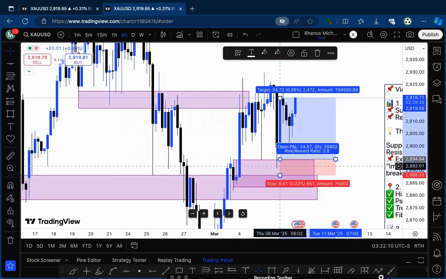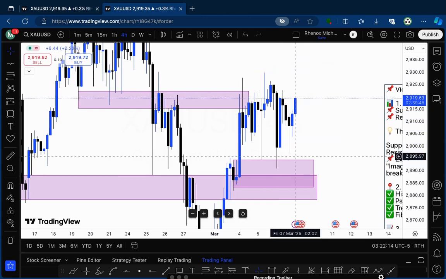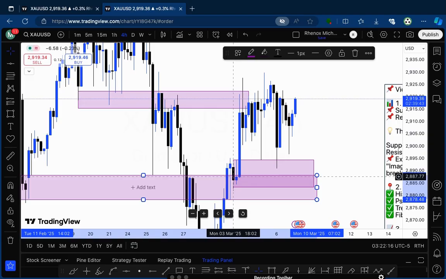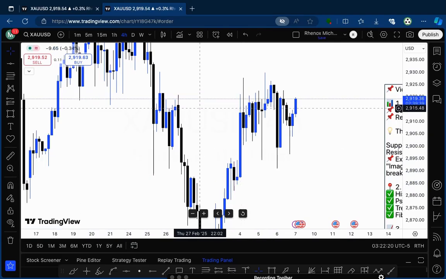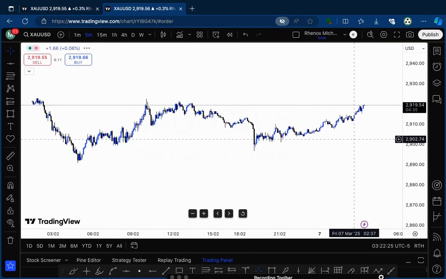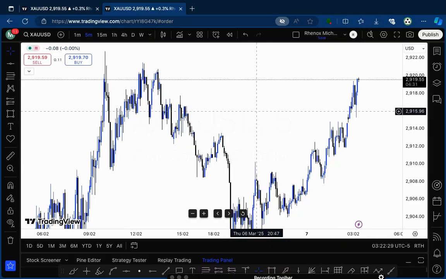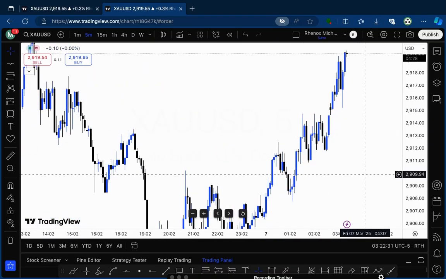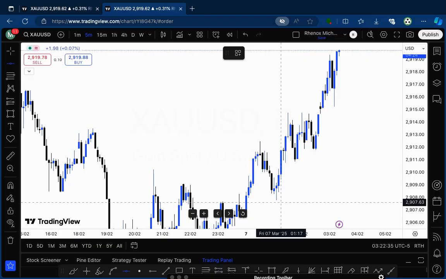So let me move to a lower time frame so you can understand better, because this is a higher time frame. It takes long for price to react and show us what we want. Now let's use the 5-minute chart. Okay, now we'll mark out our highs and lows. This is